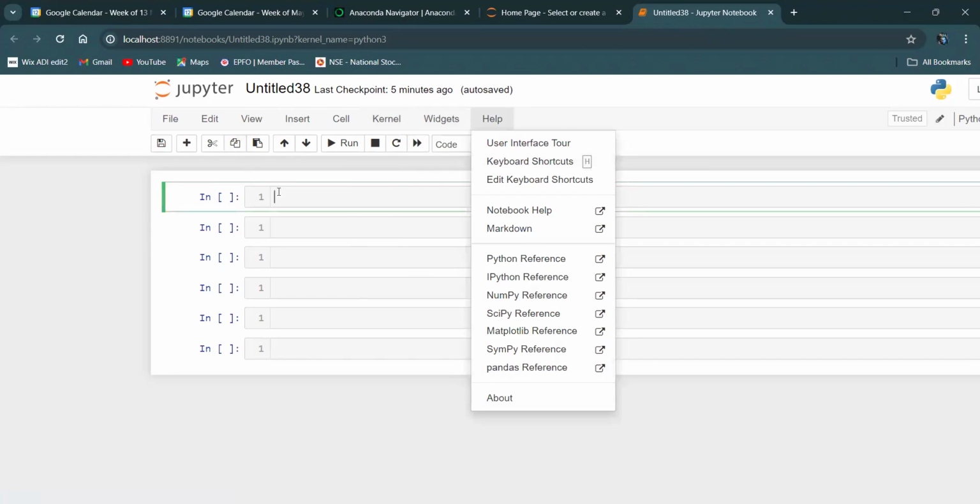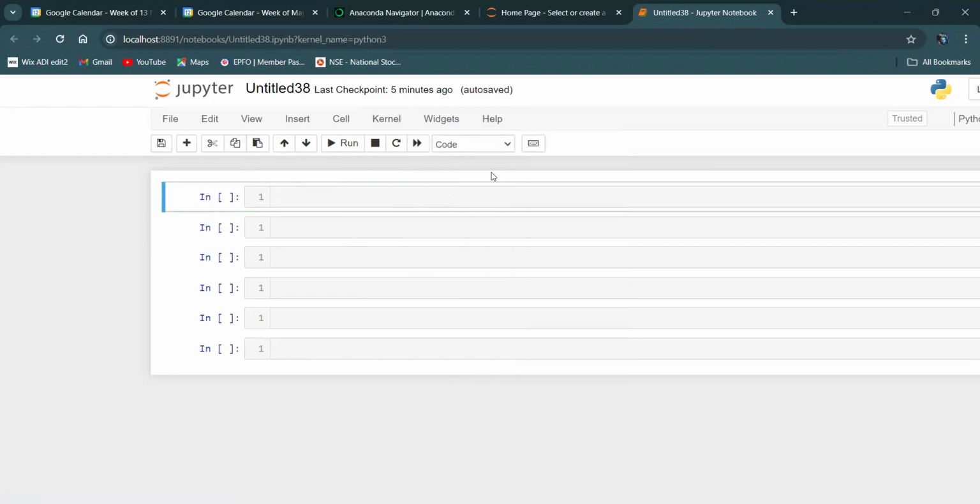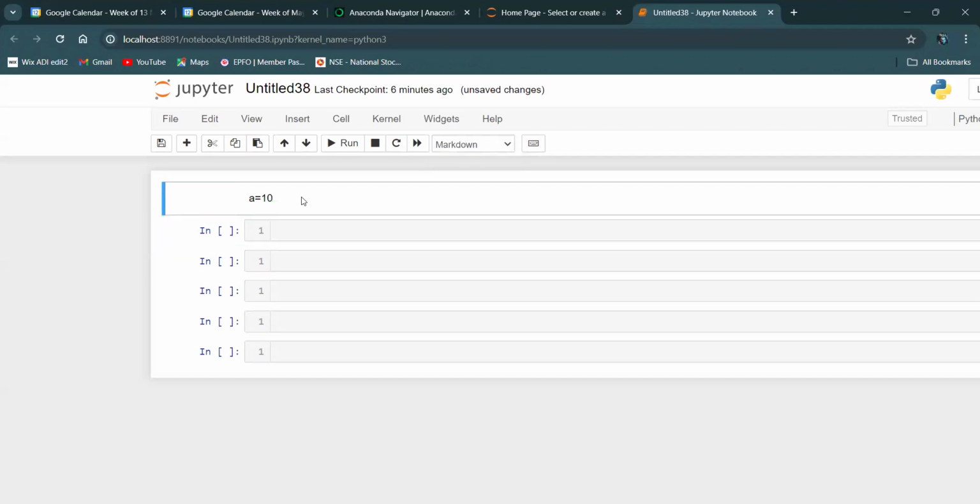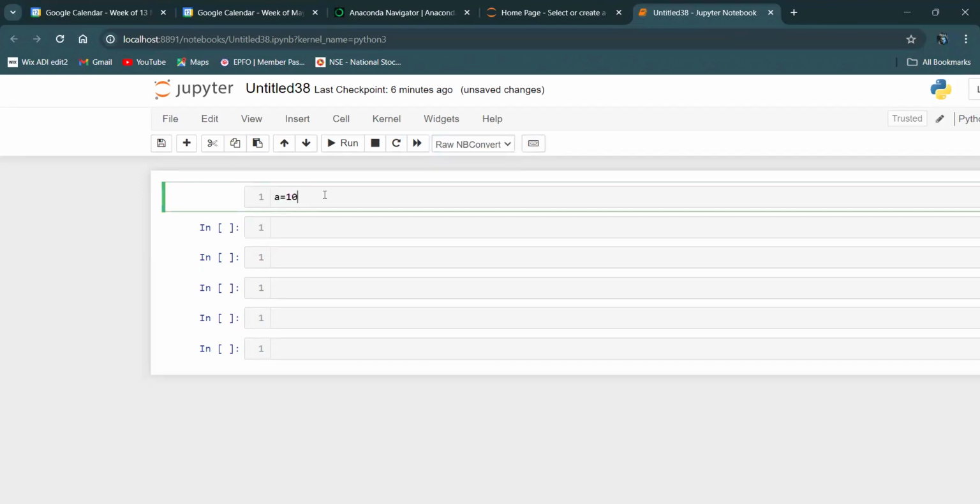So this drop down. Basically this cell is in the code option now. If I convert this to markdown, if I write a code also, this will be converted to a header. Whenever you want to write some paragraph or information or header, you can make use of this markdown or a raw NB converter. This looks like cell only, but it will not run the code.